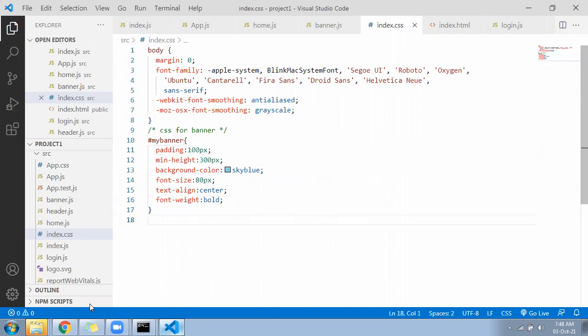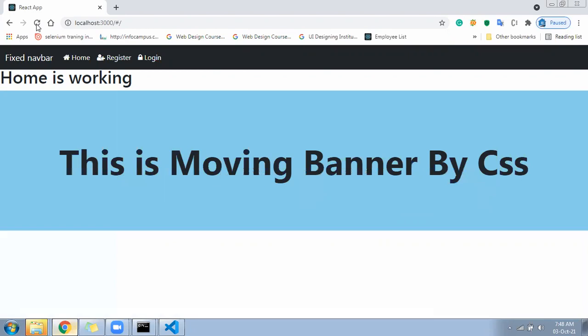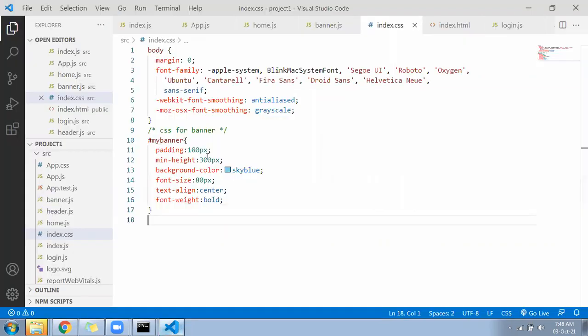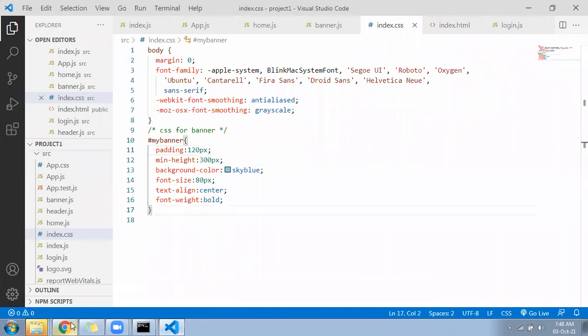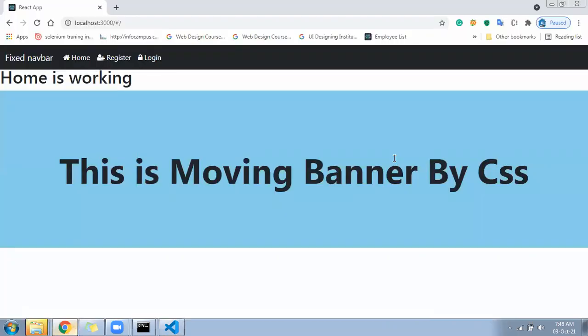Compilation was not done because of that. 150 pixel become very huge. Become 20 px. Increase a little and check once. Okay, so this much is okay. 150.